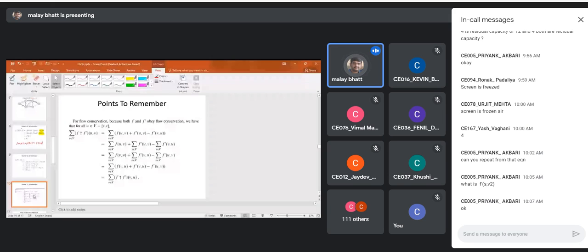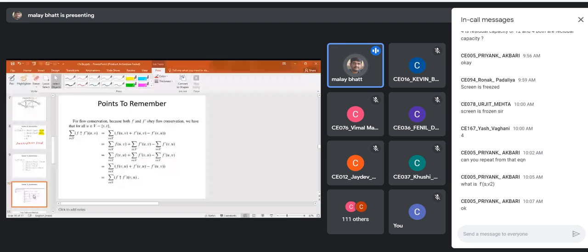Can anyone tell why? Sigma v belongs to V f(u, v): instead of that, we are writing sigma v belongs to V f(v, u).